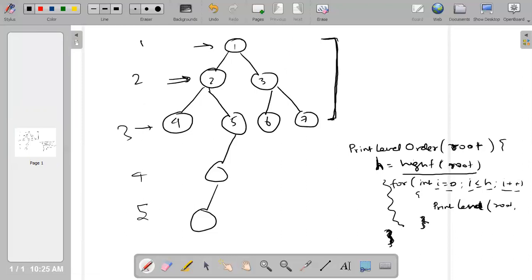The first level, I will be starting from 0, right? So this is the level. So root, i. Okay, so some function I need to write, and that function will be printing this level. But how to write this function? That is my another problem.